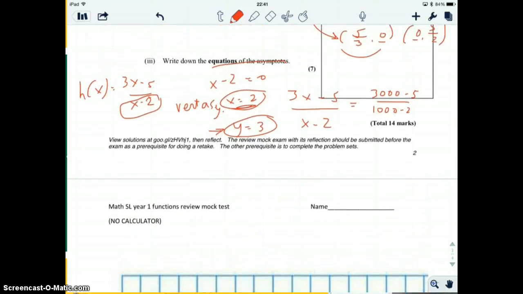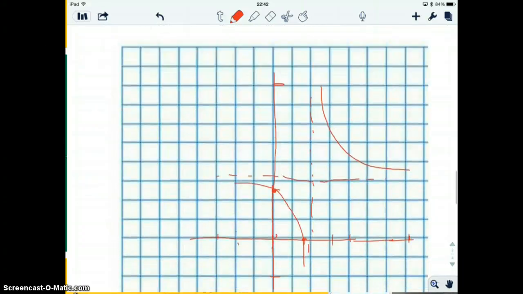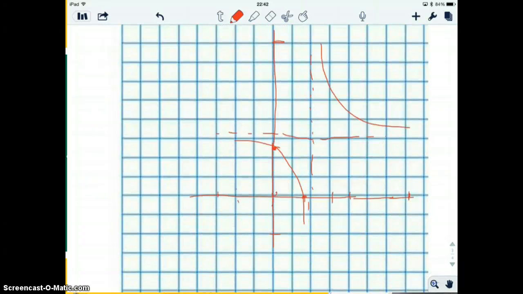Let's see, if we put x equals 3, that would give us 3 times 3 minus 5, which would be 4, divided by 1, so it would be 4. So 3 would give us 4. So let's see. That would mean that the hyperbola kind of looks like that. Okay, and maybe